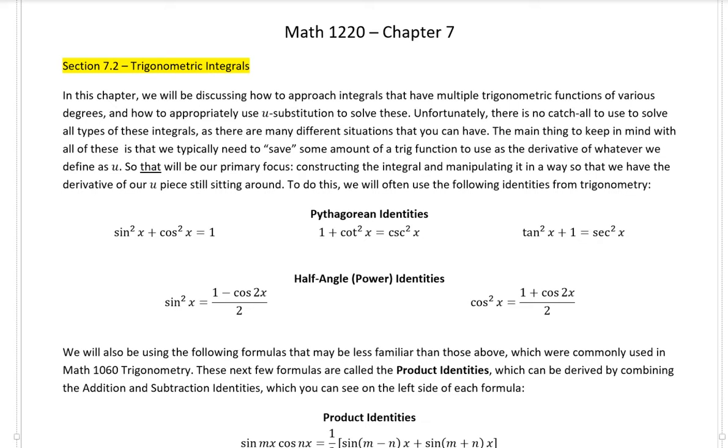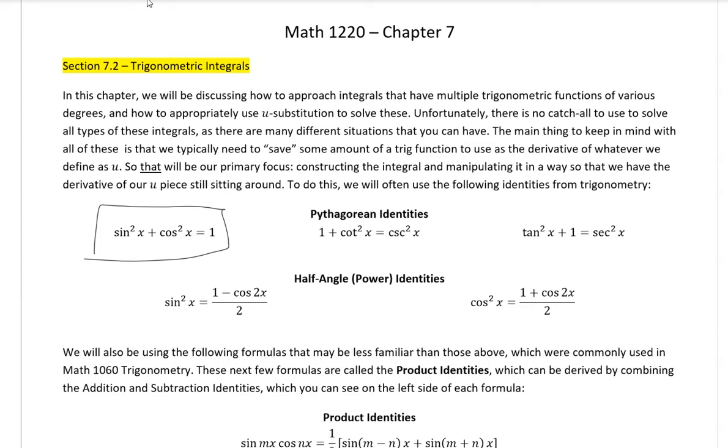We have sine squared x plus cosine squared equals 1, 1 plus cotangent squared equals cosecant squared, and tangent squared plus 1 equals secant squared. These are the most common identities that we will use. However, if you just need to memorize one of them, if you have trouble with that, all you really need to do is memorize the first, and you could generate the other two by dividing